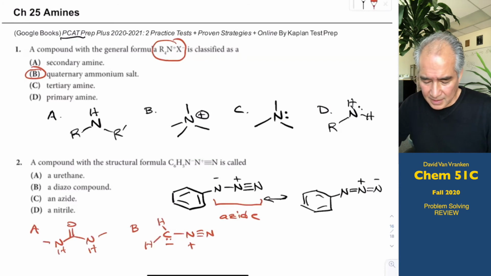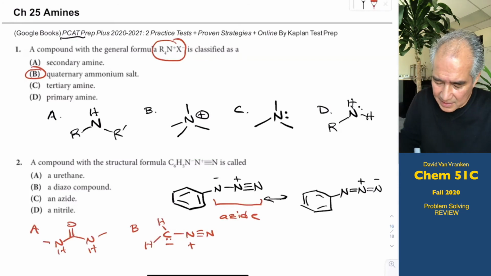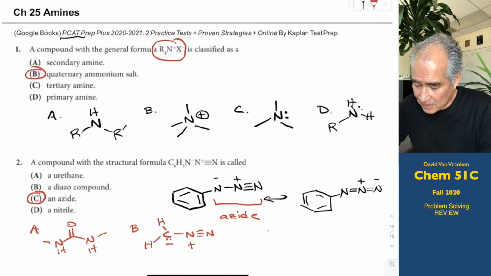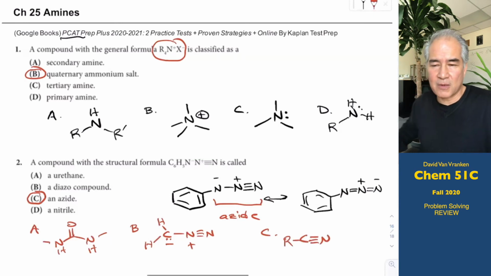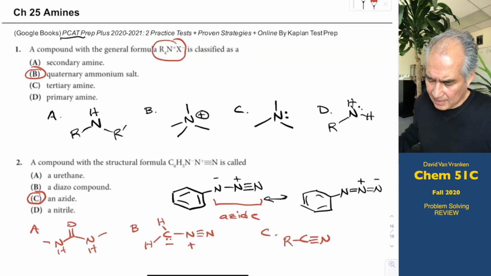And then compound D, so I'm going to go ahead and circle C, that's the answer. A nitrile, that's really the only functional group that, after taking our course, I expect you to know. This is a nitrile functional group, and R can be whatever alkyl group you want. So we typically cover, for sure, diazo compounds,